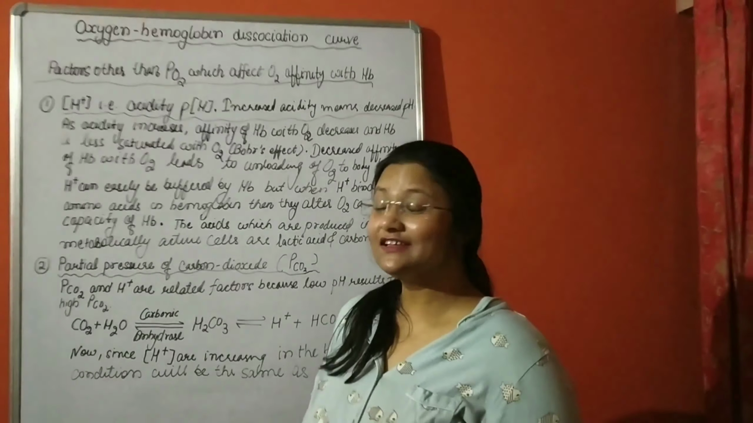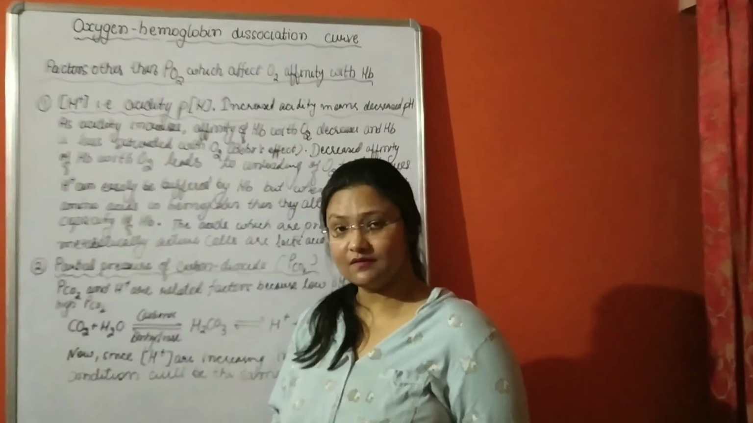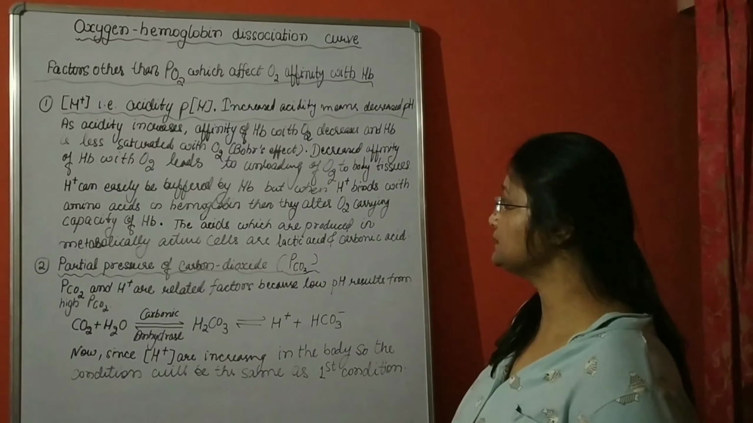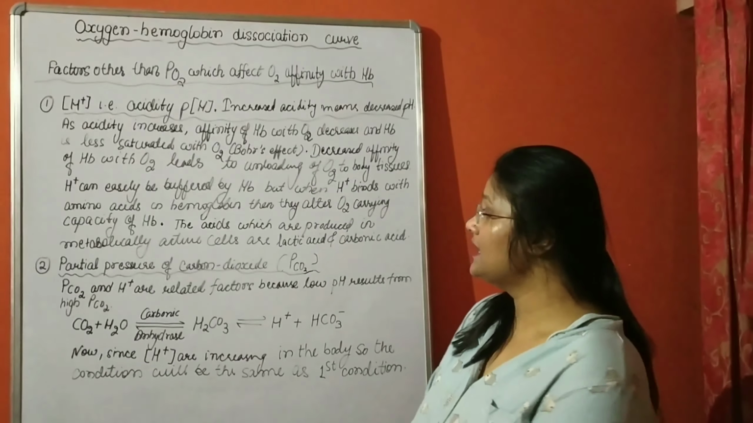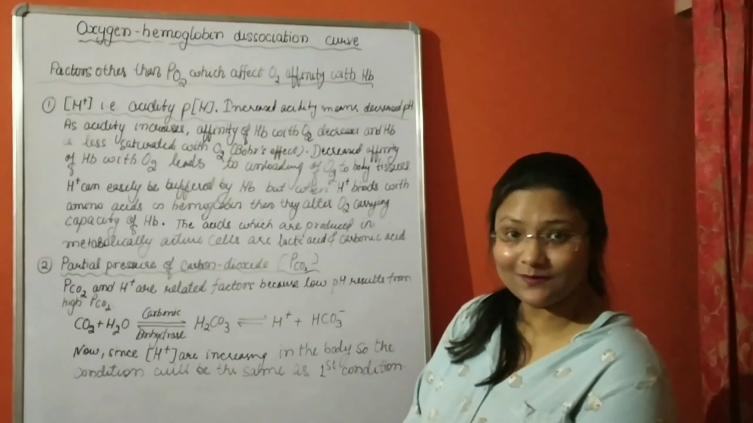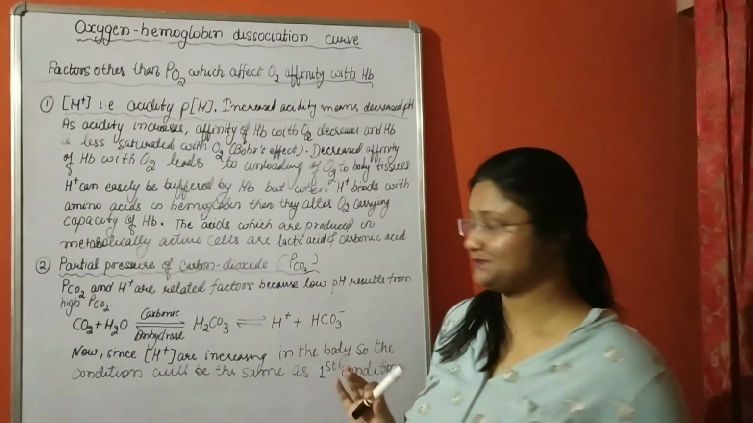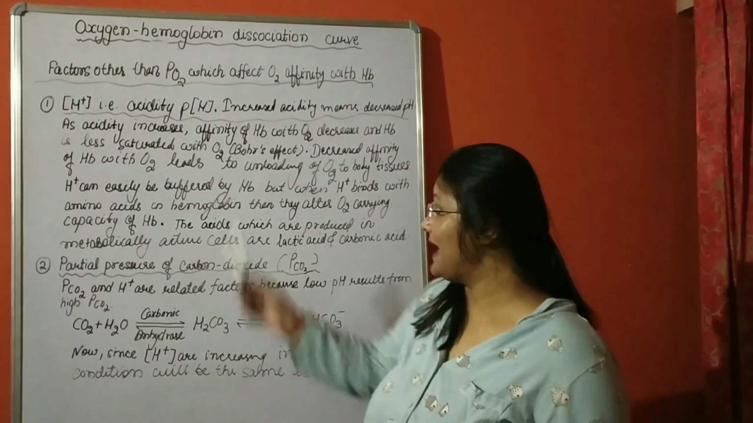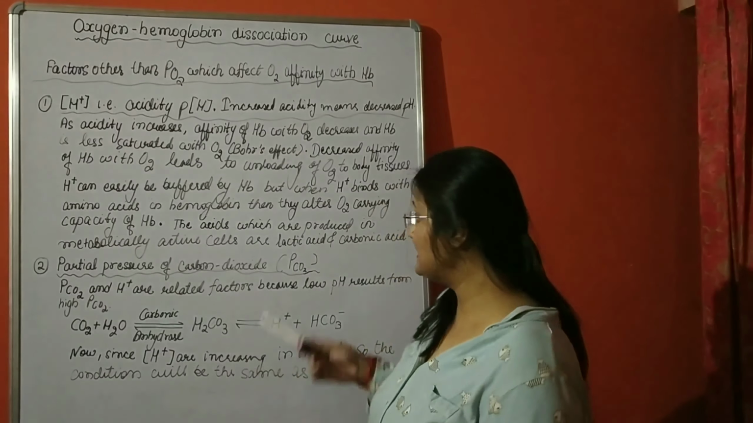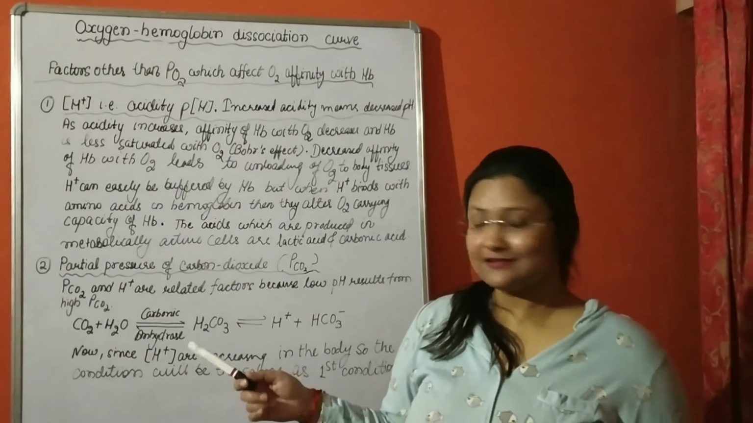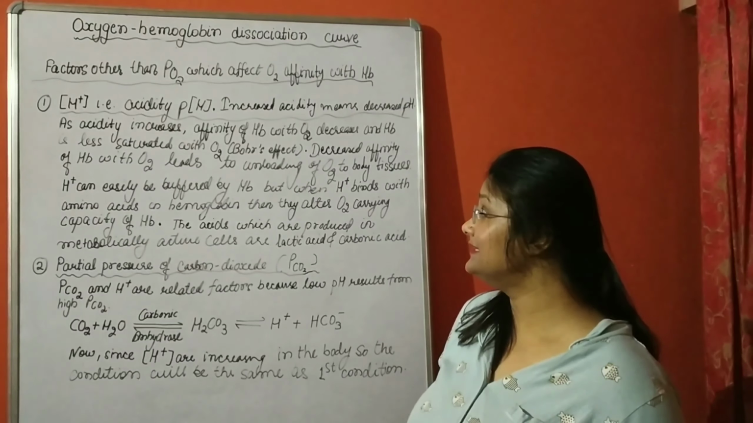So students, now let us discuss all the 4 factors which affect oxyhemoglobin dissociation curve in detail. So the first factor is H plus ion concentration, which is known as acidity also, or pH. Increased acidity means decreased pH. As acidity increases, we know that our body cells are metabolically very active and they keep on producing 2 types of acids, lactic acid and carbonic acid. So as acidity increases,